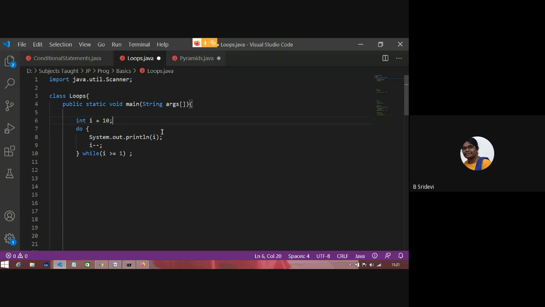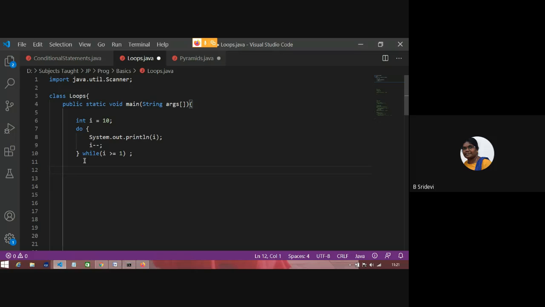And i became 9. As 9 is greater than or equal to 1, again 9 is printed. i became 8. As 8 is greater than or equal to 1, again 8 is printed, 7, and in that way. After 1 is printed, 1 minus minus is 0, no? 0 greater than or equal to 1 fails, so it will come out.